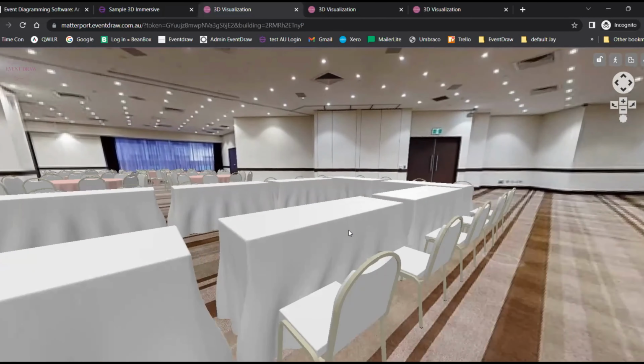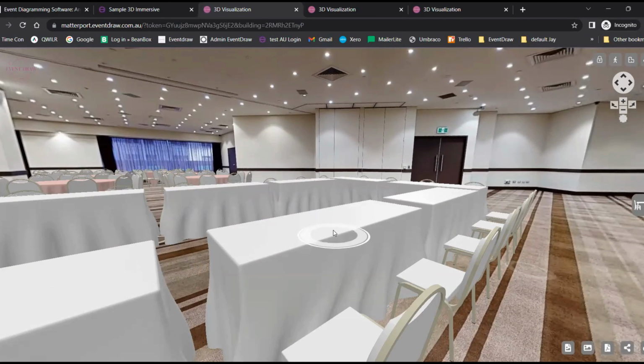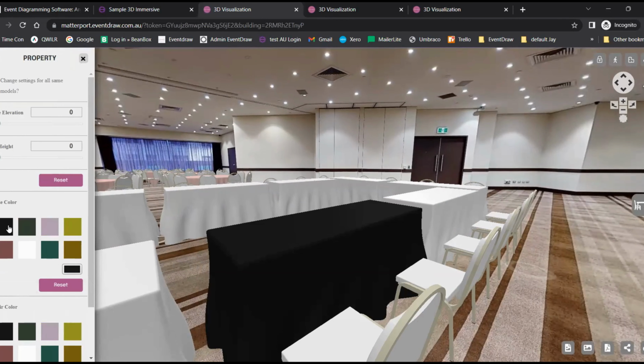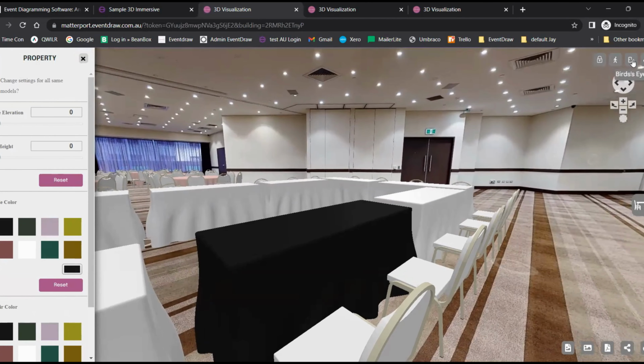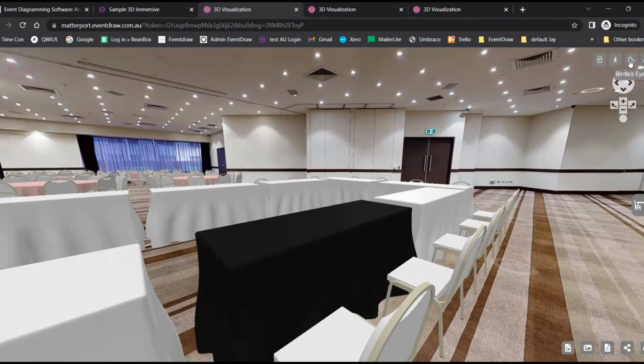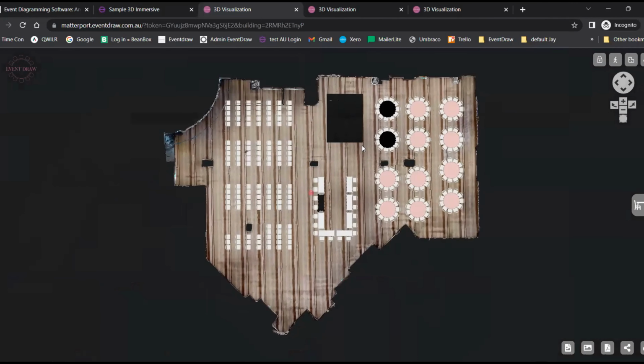So if I like, I can unlock this and I can go through and make a change to tablecloths, chairs, whatever it may be. You're more than welcome to do that. For those that want to go a step further, as I said, and you'd like us to recreate your exact equipment as it looks in the venue, we can do that. And it is a service that we supply, and we'd obviously quote you for any individual items that you would like built or modeled. But from here, what you can do with the Matterport scene is you can actually embed